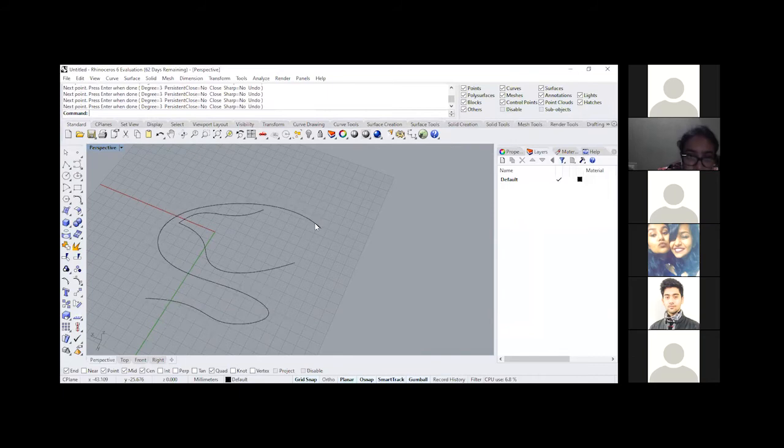Okay, when you're done, you can just press enter. If you want to repeat the command, you can press spacebar or you can press enter. That's one way to repeat a command. The other way is you can right click with your mouse button anywhere in the viewport, and you can again